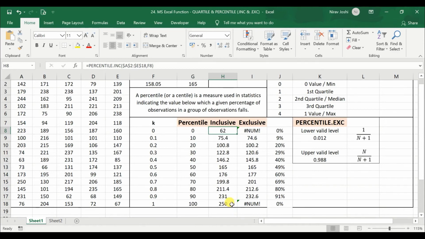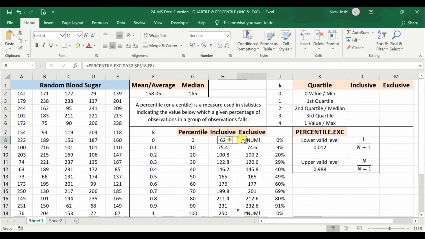And most commonly when we use percentile, we routinely use this percentile exclusive function for calculation because that is the acceptable way by the definition, because the definition says there should be values below, not below or equal to. So this is a better calculation. Also, when we calculate this same data set in leading statistical software like SPSS, it gives values similar to this formula and it is based on this definition only. So it is better to use percentile exclusive for calculation of percentile.